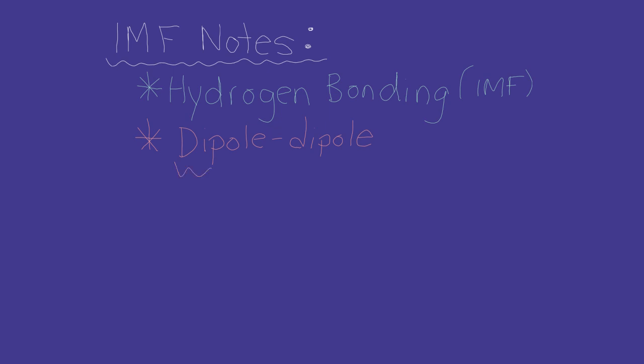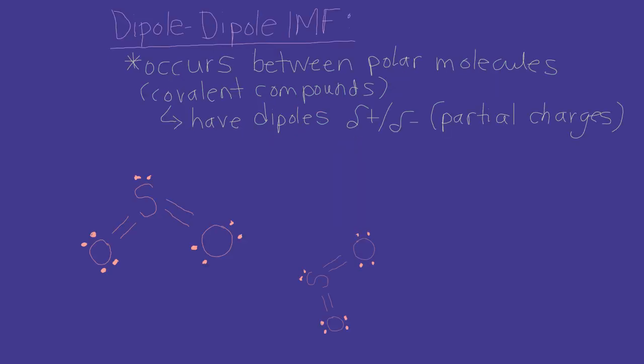So we're going to go ahead and start with the dipole-dipole interaction. And we've already seen this in a lot of our activities in class, because dipole-dipole, and specifically hydrogen bonding, is what we see with water. Okay. So the dipole-dipole IMF is going to occur between polar molecules. And these, obviously, if it's a molecule, it's a covalent compound. And the reason it's going to be between polar molecules is because they have dipoles. And if we remember, those are the positive and the negative partial charges. And it can't just be the bond polarity, the overall molecule must be polar in order for it to